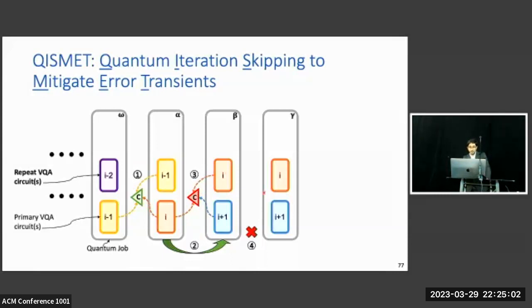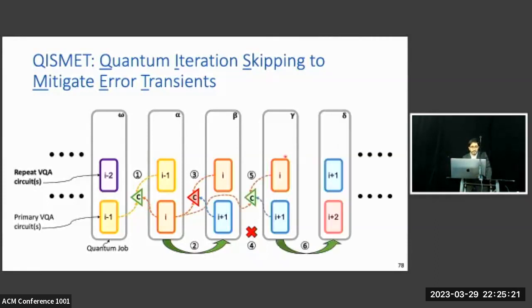And so we now move to job gamma, where this I+1 is being repeated again with the same reference circuit. And the number of repetitions is something which is controllable, right? In our work, we keep it fixed, but it is possible that you can do some profiling as to how long these burst errors might occur, and then set the number of repetitions based on that. And finally, in this example, this time it is deemed suitable for progress,